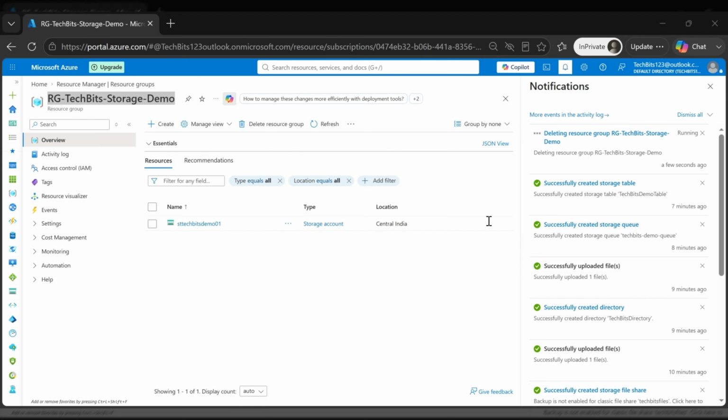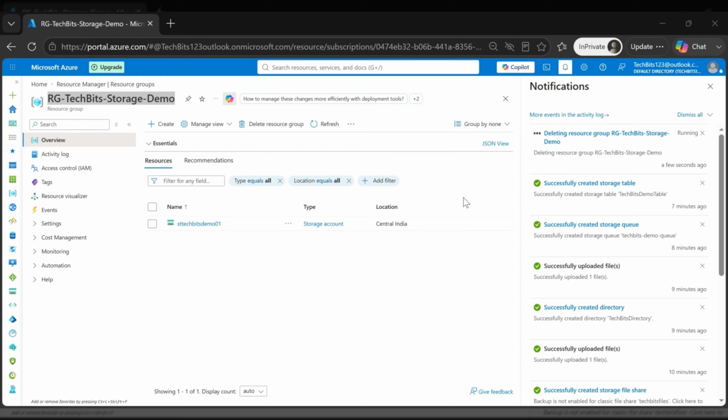And check it from here, the progress. So one thing to keep in mind here, in this live demonstration,